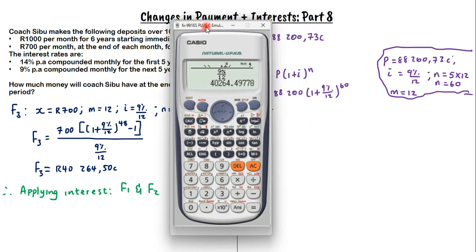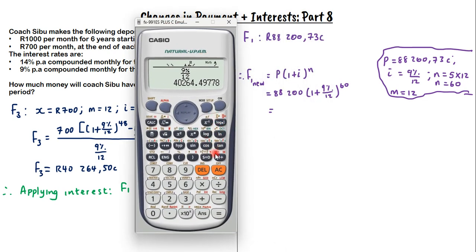So now I'm going to a calculator. I'm done with using a future value now, so I can close this and then start a new formula. So 1 plus 9% over 12 to the power of 60, because with the 5 years were the remaining years. So here it takes my money, or my